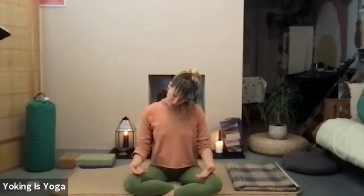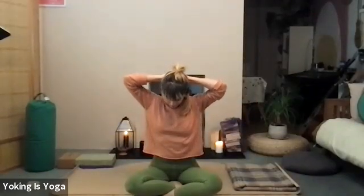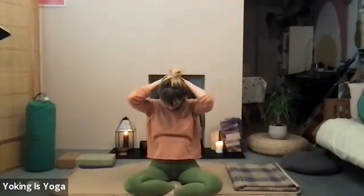You may be experiencing something a bit like tinnitus. But draw your attention onto a sense of inner awareness and of silence within. Rolling the chin forwards, bringing the hands onto the back of the head now. We're going to clasp the hands onto the back of the head and allow for the shoulders and the elbows